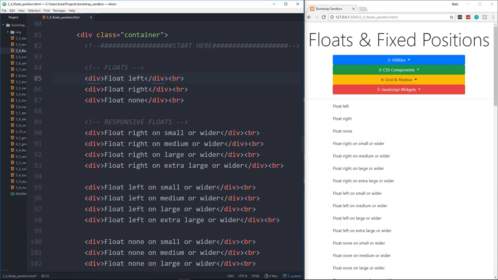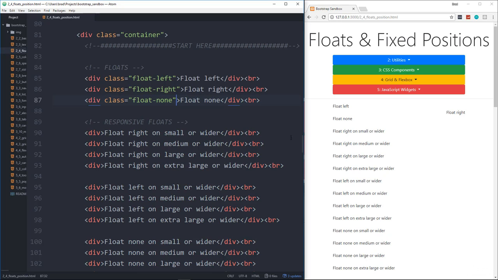This one I want to float to the left, so what I'm going to do is give it a class of float left. This one here I'm going to give it a class of float right. And then this one here, I'm going to give it a class of float none. Oh, that should be a class, not just an attribute. So let's save that. And now you can see this one's to the left, this is to the right, this